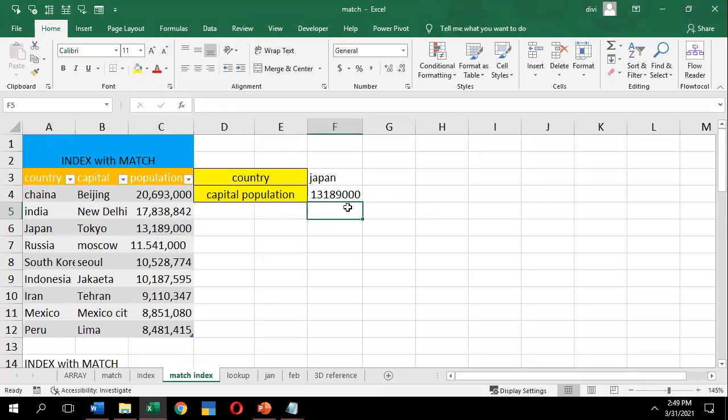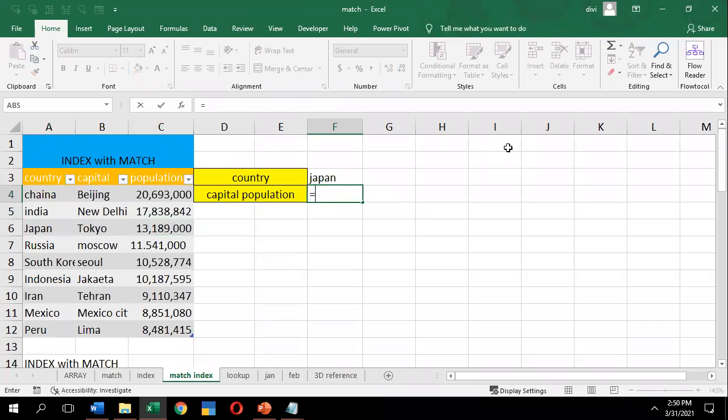How will I get it? I'll just show you. I just want it, I don't want this amount, so I'll erase it and write over here equals to.